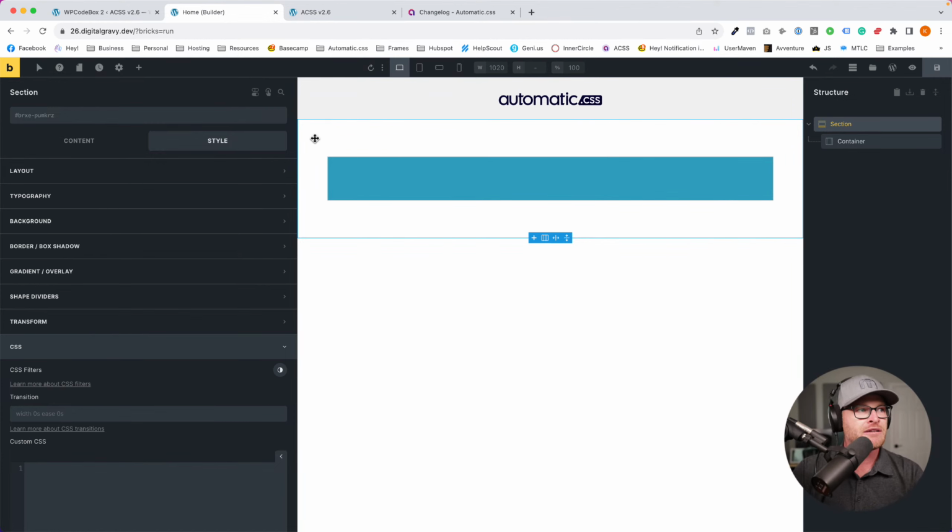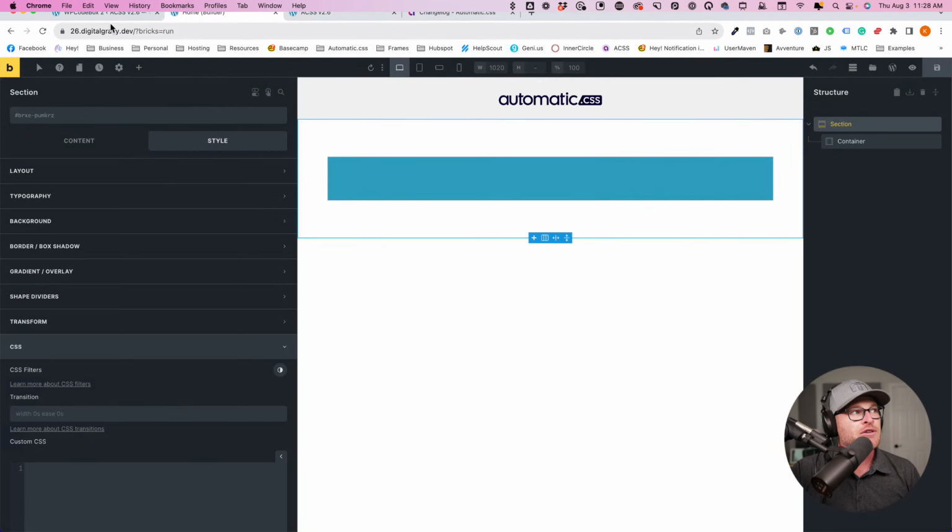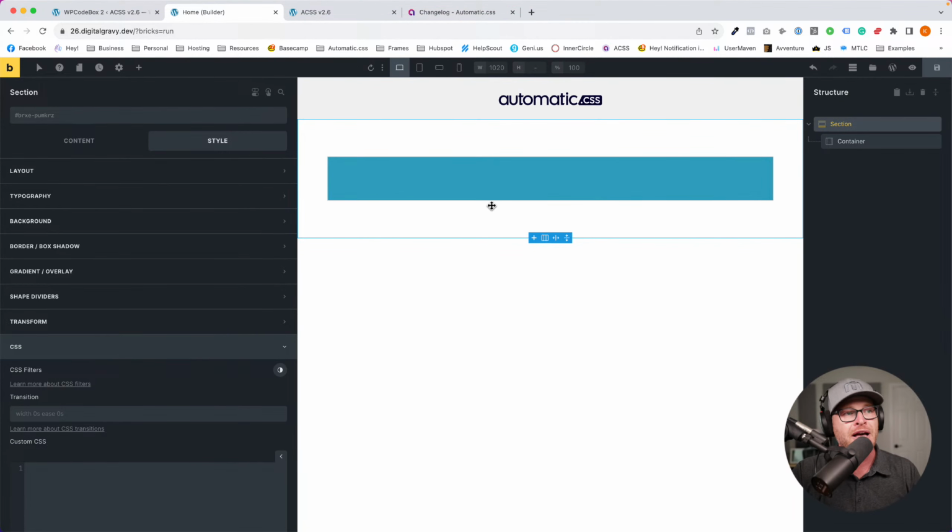Now, we all know that this section has a gutter, right? It has inline padding that prevents any content inside of the section from touching the edges of the screen. That's very, very important. This also establishes what's called your website's content width. That is the width, because your content's not going to get any bigger than that, regardless of how big the screen is. It could be an 80-inch screen. Your content is still going to be this wide, whatever this is set to. And this is probably 1366. There you go.